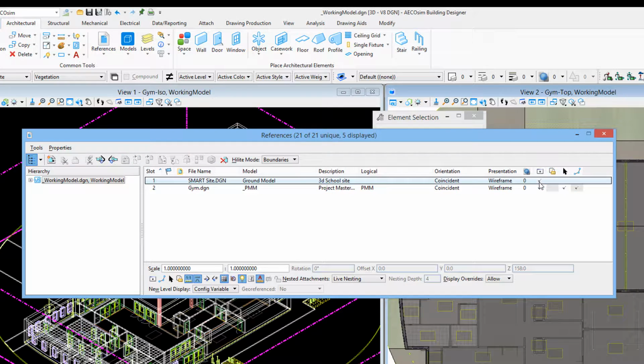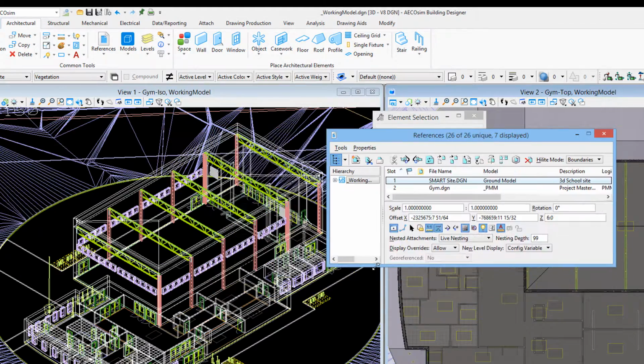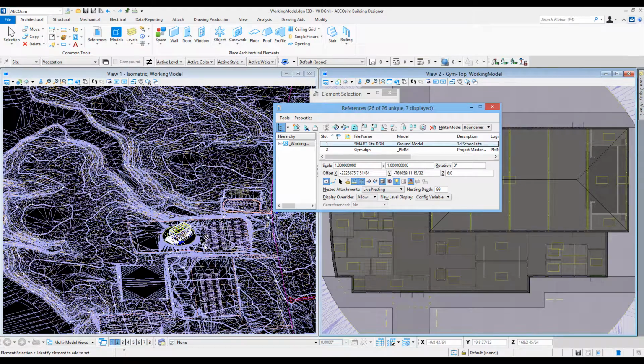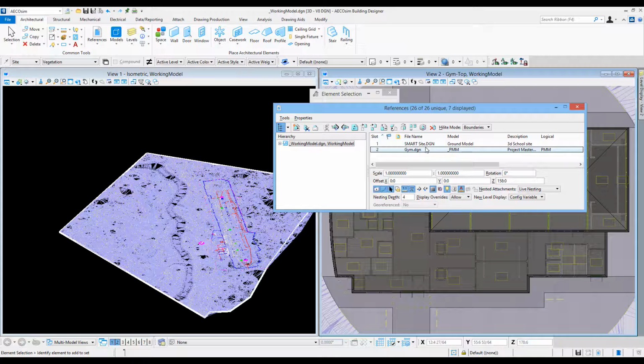And that smart site out here, if I turn that one on, remember that's this really large site out here. Let me just move this out of the way temporarily. And see, I can zoom way out here. You can see this whole big area in North Carolina that is the area of the location of our project. So we're simply rotating this file, which is just the building and that little area, that circular site that we see right around the building. So I'll turn off this